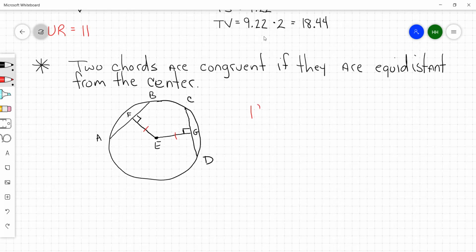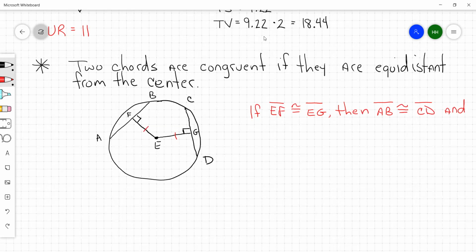So you can say that if segment EF is congruent to segment EG, then chord or segment AB is congruent to segment CD,